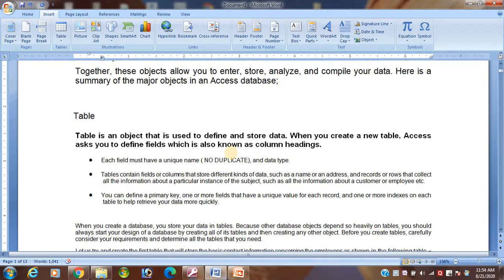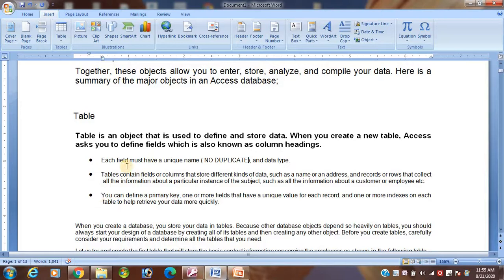We will also discuss in the next video class what types of data types are used to make a table. To give a field name you must specify a data type, and that will be discussed in the next video class. Today you just listen and see. To make a field you have to give a unique name and specify the data type.